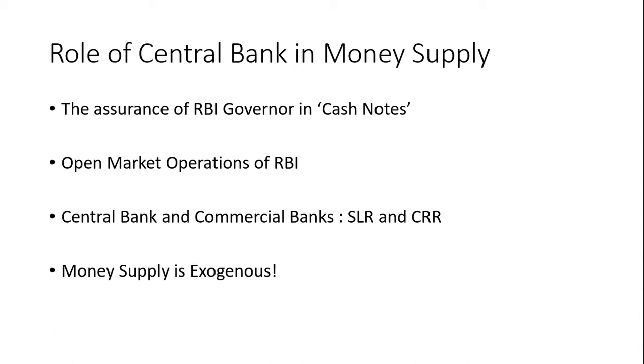These three means are through which the central bank in India controls the money supply in the economy, and thereby the quantity of money that is supplied by the Reserve Bank of India in our economy is essentially exogenous. And by exogenous I mean that it is completely up to RBI to what extent the money supply is allowed, or is to be controlled,